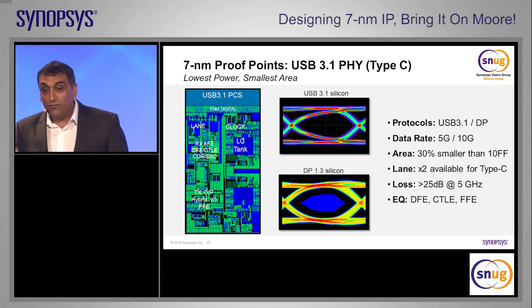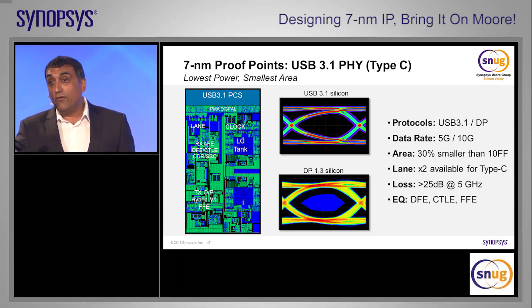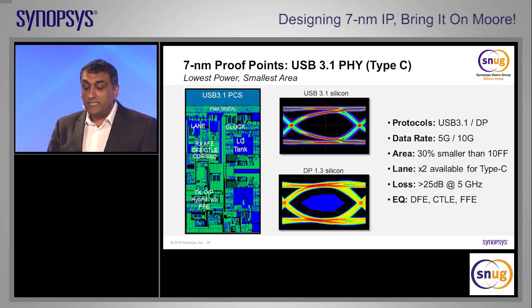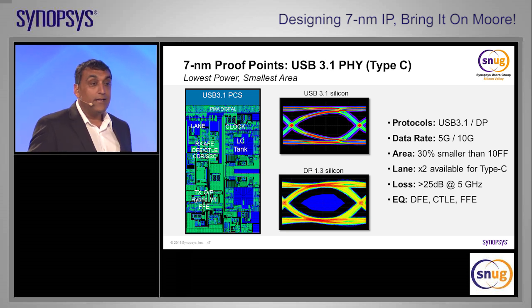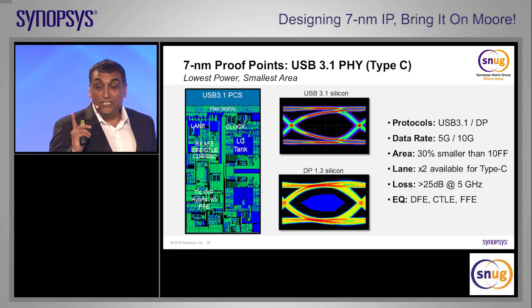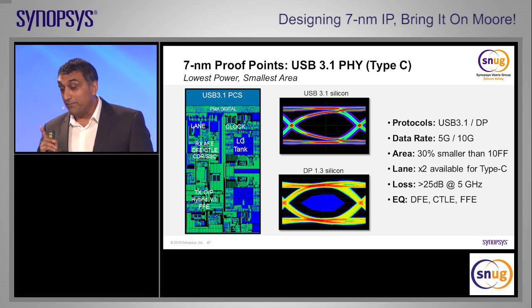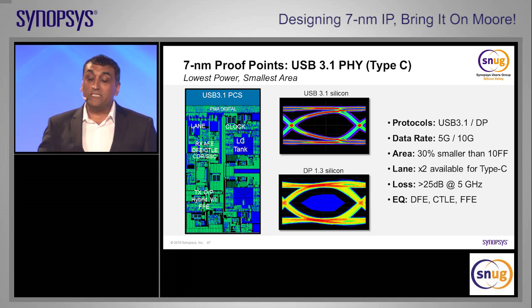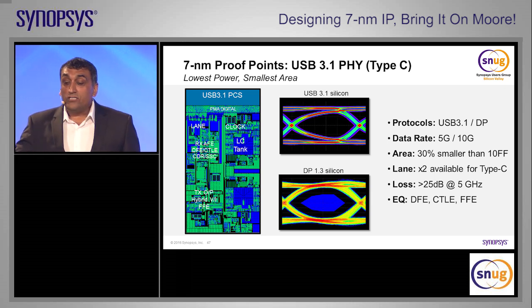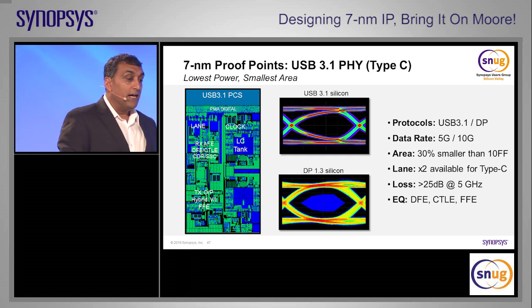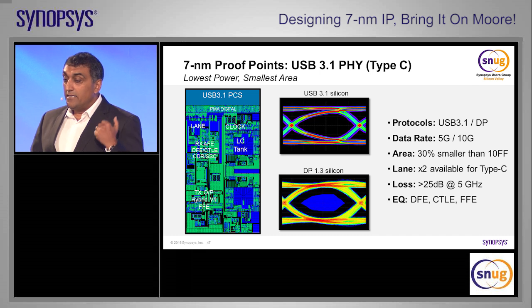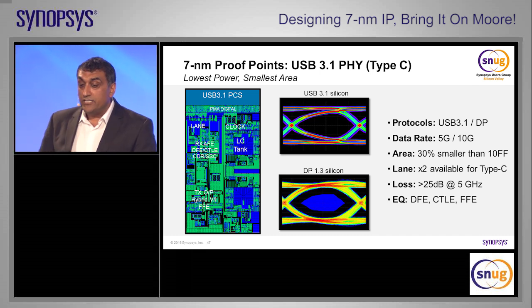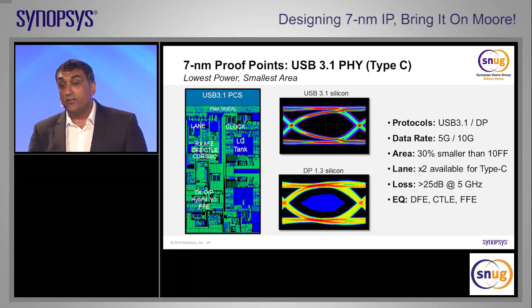It's called USB 3.1, runs at 10 gigabit per second. It's using a form factor called Type C, okay? This particular design actually has support for another function called DisplayPort, so it's a combo PHY. It goes to 10 gig, as I mentioned. It's smaller than the previous generation of FinFET technology, okay? That's a key point. And it has certain performance characteristics related to the loss of the channel over a certain distance. We've represented the technology with equalization, right? So we're looking at decision feedback equalization and some linear equalization in order to support a channel that's needed for USB 3.1.